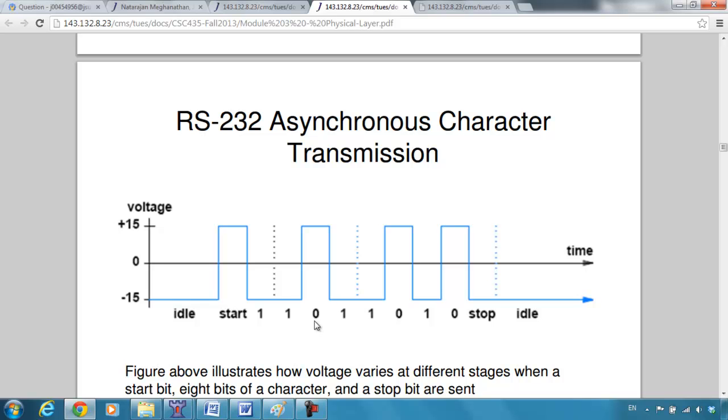This is just to indicate the duration of the time slots. And then the 0, you send plus 15 volts, and then 1 negative 15, another 1 negative 15, 0 plus 15 volts, and so on. Now to indicate the stop bit, you send negative 15 volts because the start bit is plus 15, and then you don't have anything else to send, and keep the channel idle by continuing to maintain it at negative 15 volts. Now if you want to send the things using the Manchester encoding standard,